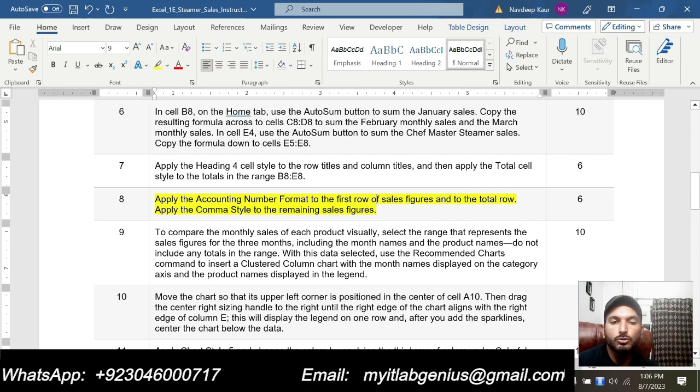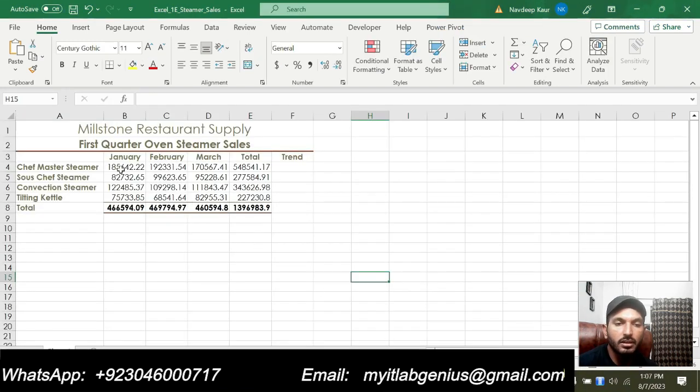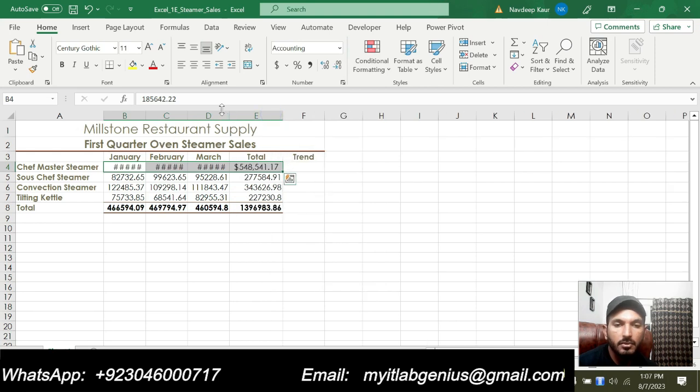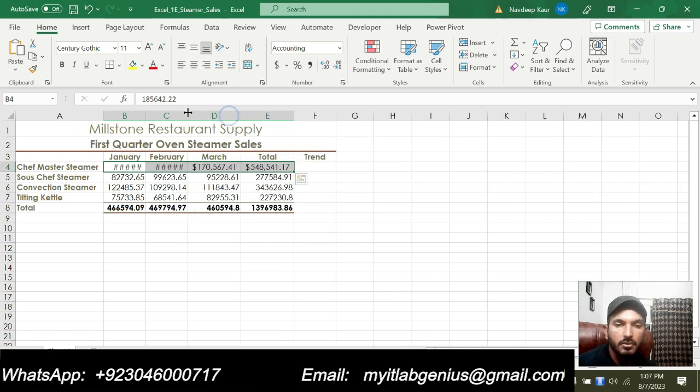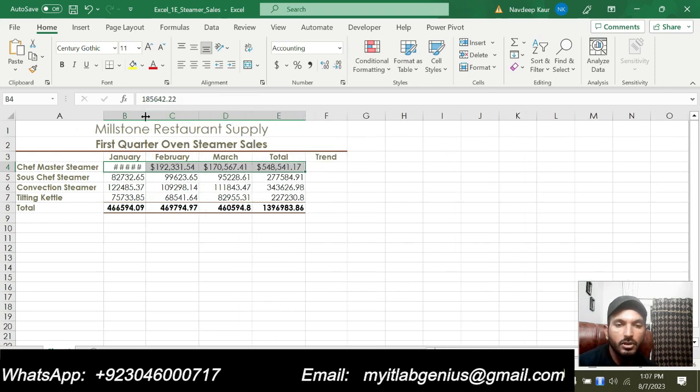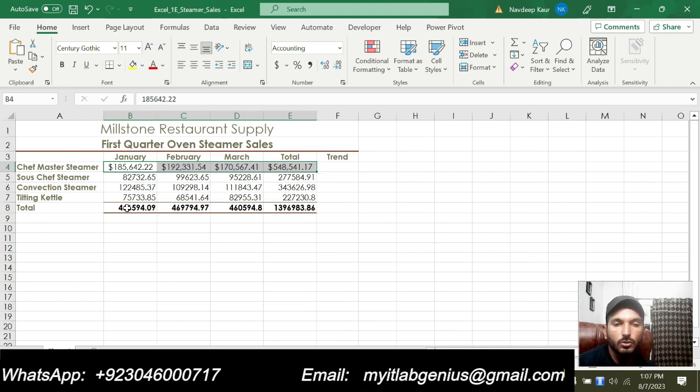So first we are supposed to apply the counting number format to the first row of the sales figure, these ones, and then we are supposed to apply the counting number format to the total row,